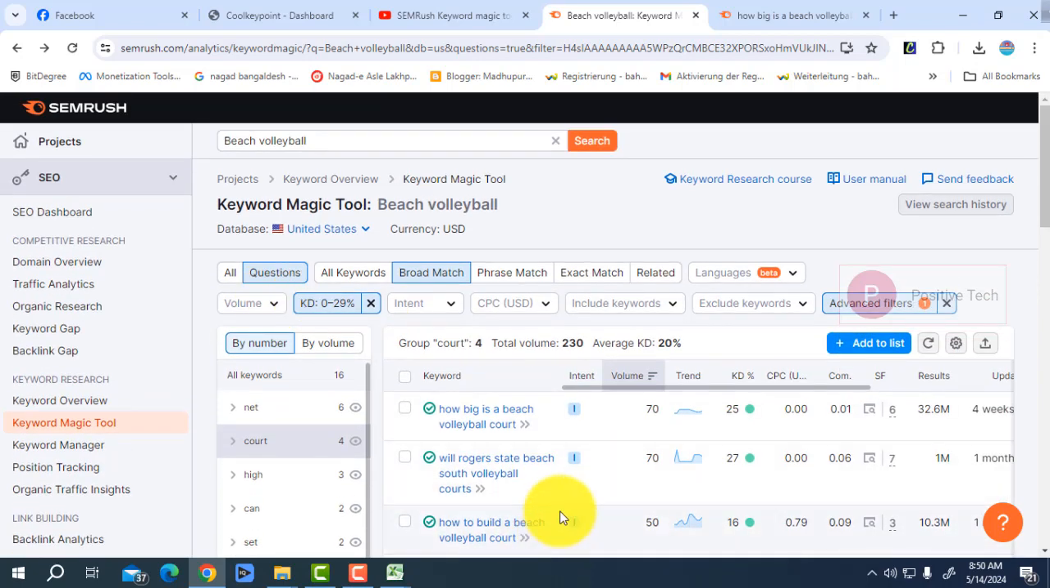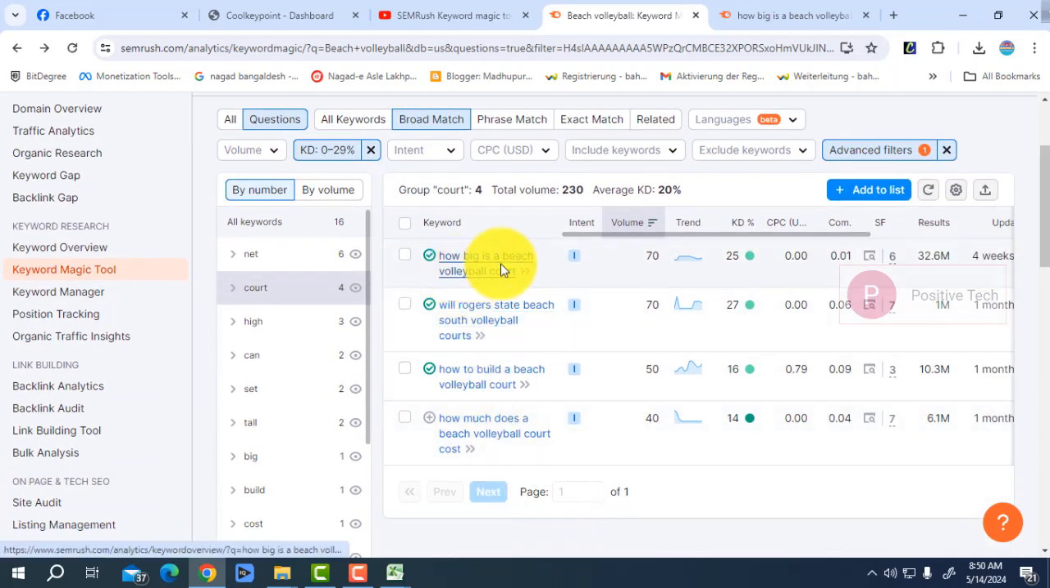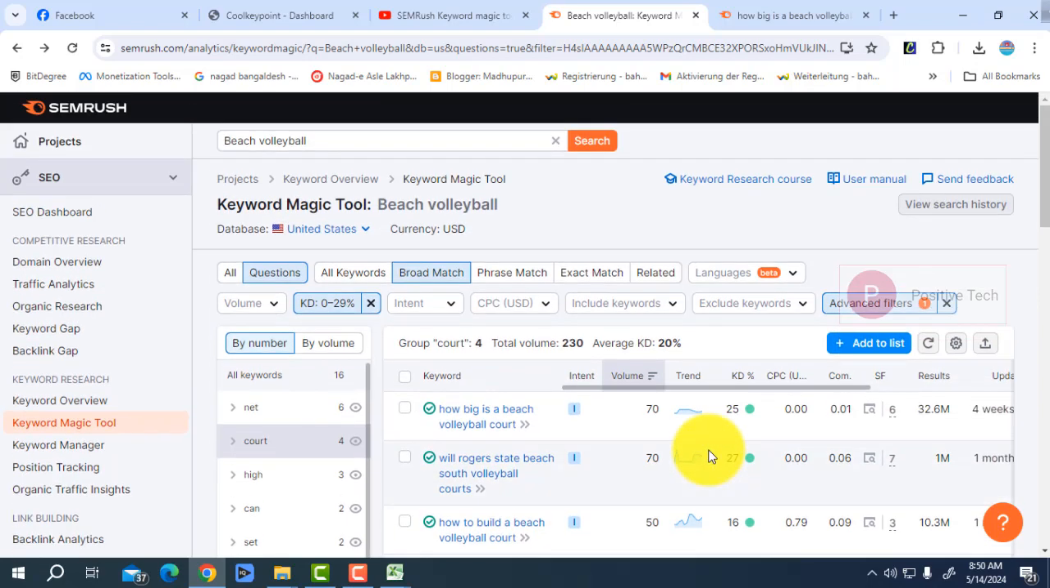You can click here, court. That will show you all types, like how big is a beach volleyball court, record state beach south volleyball courts, how to build a beach volleyball court. Different kinds of keywords will show. That way you can generate lots of easy and rankable keywords for your website, your business, or